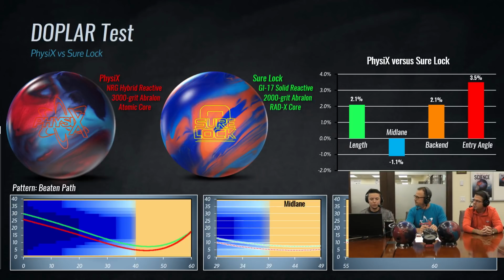Yes, Steve, if we want to touch on it, and actually we're showing the folks our Doppler testing that we did comparing the Sherlock and Physix. Excellent. If you wouldn't mind diving into a little bit of that and really describing the change in shape, I think that's that next level thinking.